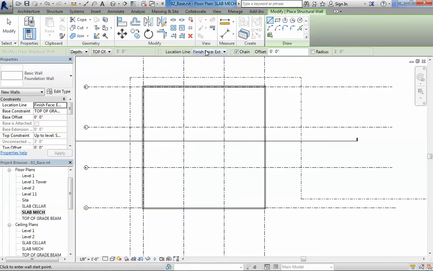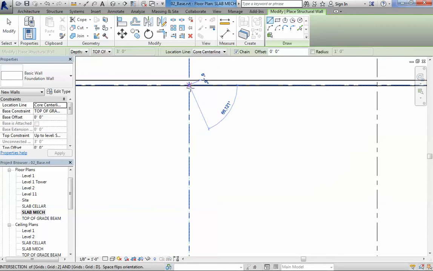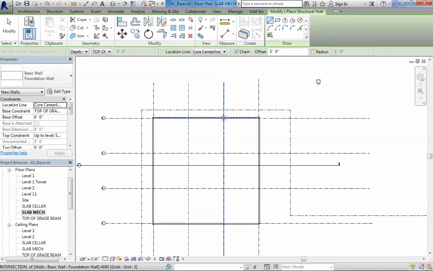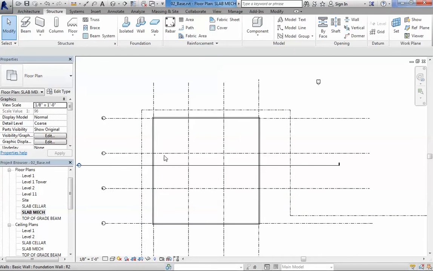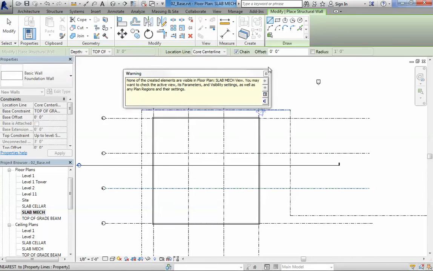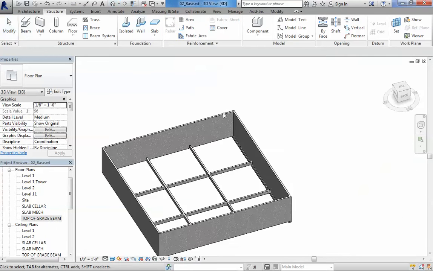Okay, and what we're doing is center. It doesn't matter if it's wall or core because it's only one layer, and we don't want offset, and we just click on the grids. Okay, we don't see it. That makes sense. Again, disregard. Just make sure everything's there. Disregard. Okay, if we go to top of the grade or to the 3D, even better, we have this kind of a